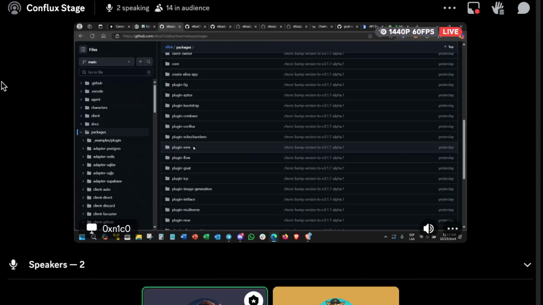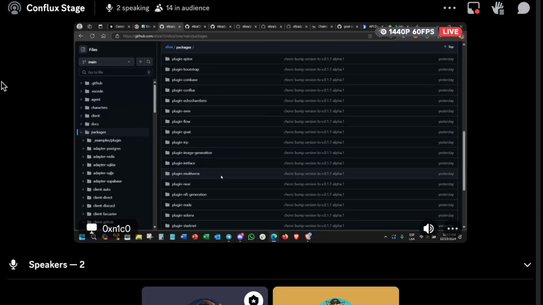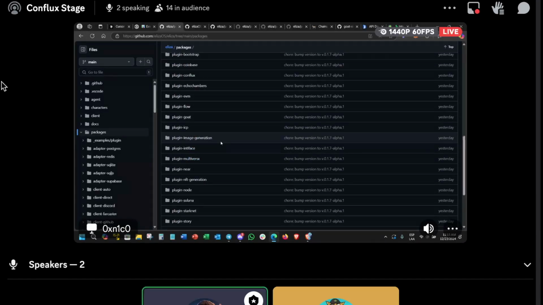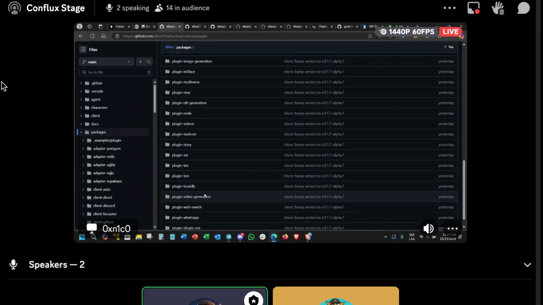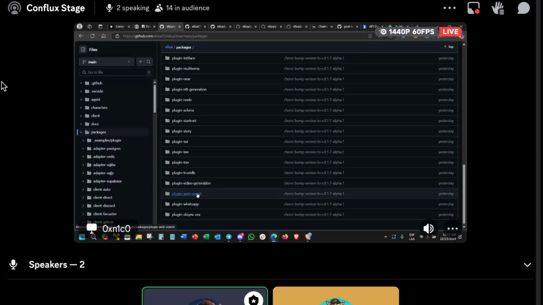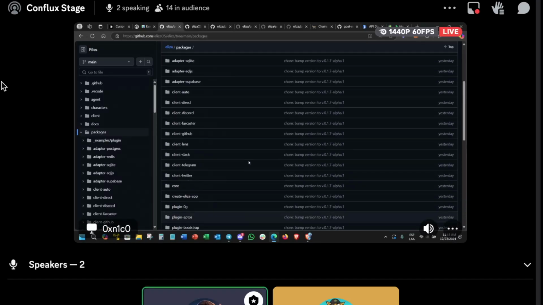So by just changing the RPC URL, you might be able to use these two plugins out of the box as well. Then there are other plugins that you might be interested in, like image generation for creating NFTs, for example, or video generation, web search. There is lots of stuff you can try and play with.